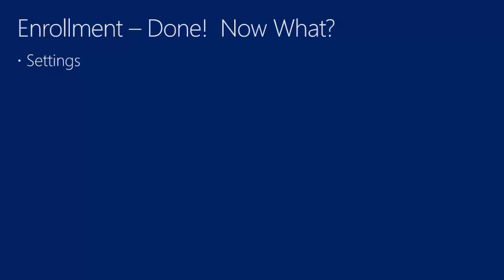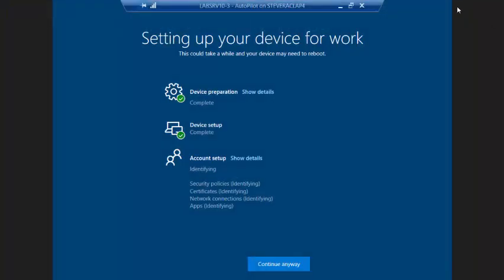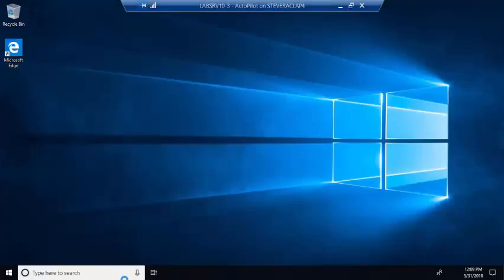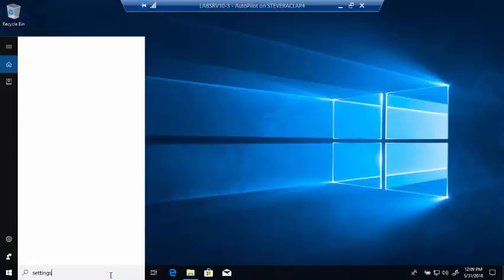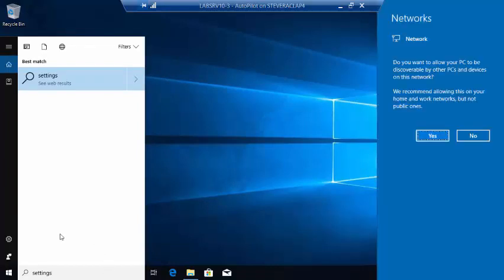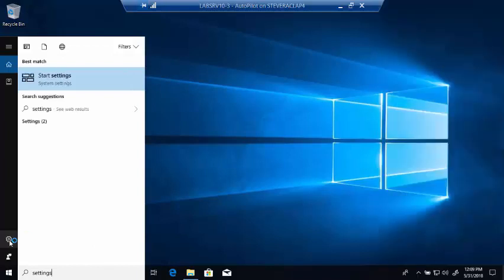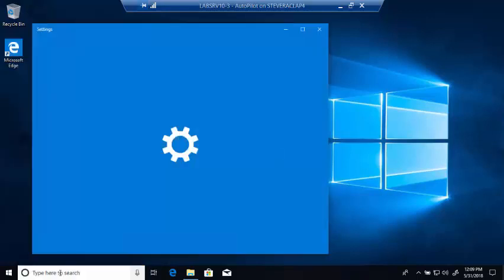settings. So for this, I'm going to pull back in my device that is in the process of provisioning, and I'm just going to go ahead and skip to the desktop because I want to at this stage, right? And so now that I'm here at the desktop, I can go in and show you some of the other details. And what I'm going to show you here, you can see in all of the other ways that I've done enrollment, right? This is just using the Autopilot experience to uniquely show it to you. If I can get this to come up. It is actively provisioning, so it is a little bit busy at the moment, but here comes settings,